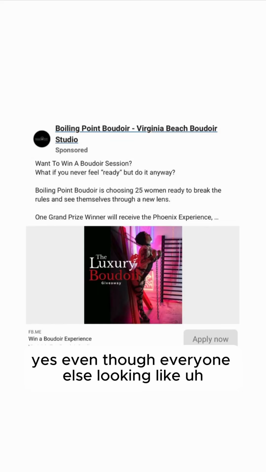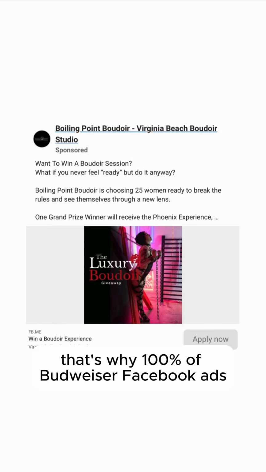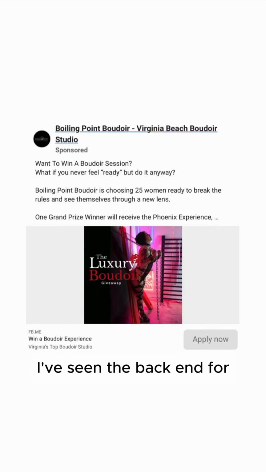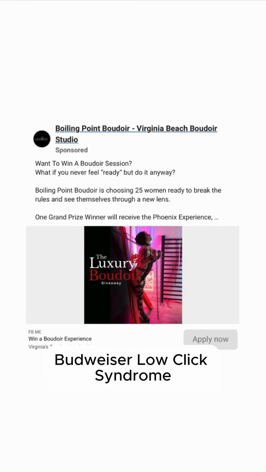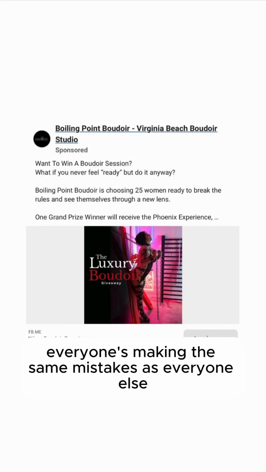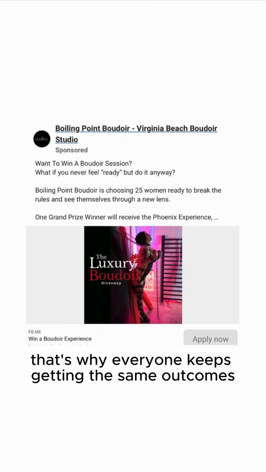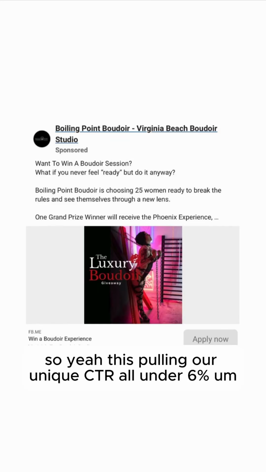Yes, even though everyone else is looking like their boudoir Facebook ads, that's why 100% of the boudoir Facebook ads I've seen the back end for and that I've tested myself have had BLCS, boudoir low click syndrome, a unique CTR all under 6%, because everyone's making these same mistakes as everyone else. That's why everyone keeps getting the same outcomes as everyone else. So yeah, this is pulling our unique CTR all under 6%,